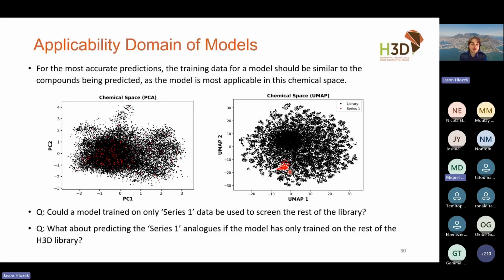And so all of this is getting at this concept called the applicability domain of models, which is thinking about what has my model seen when it was trained, and how do I want to use it for data that I'm interested in? Are those similar? And it's not to say that it will be completely irrelevant if they're dissimilar training spaces, but the main concept is that the more similar your training data is to your testing data, the more confident you can be in your predictions.